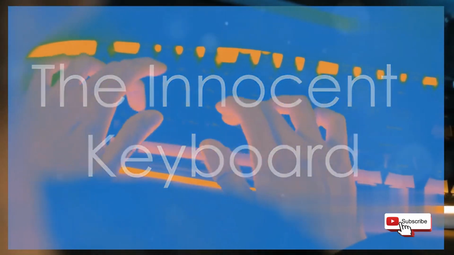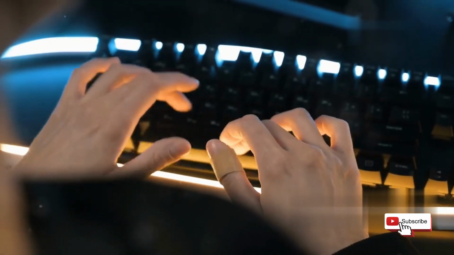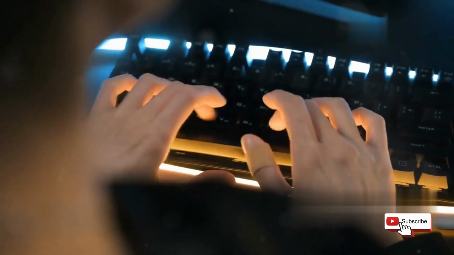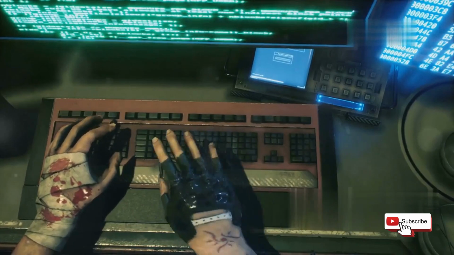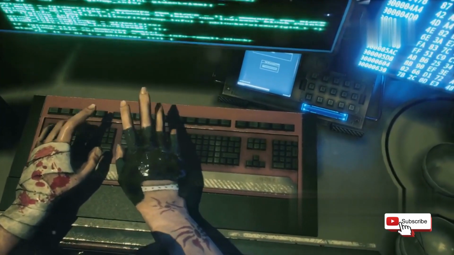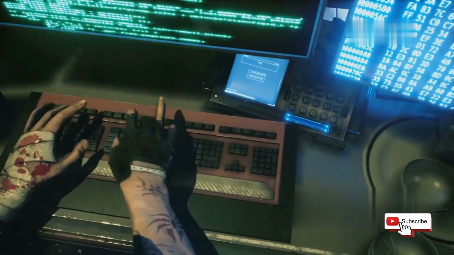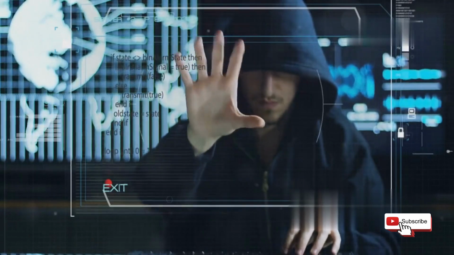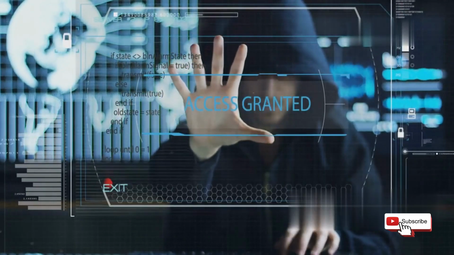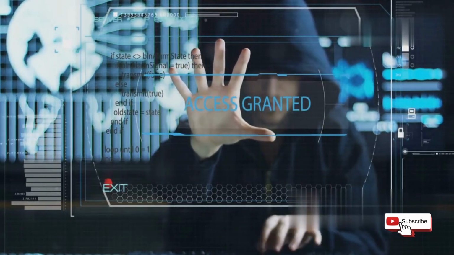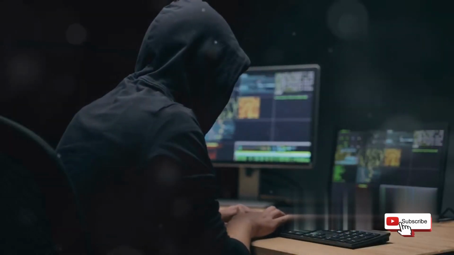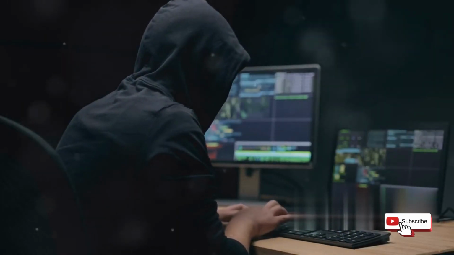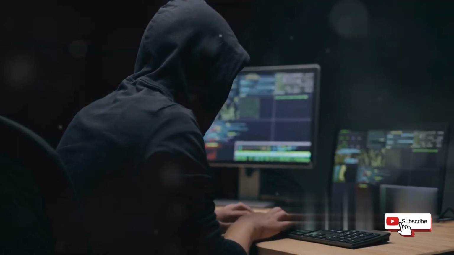The keyboard, a seemingly innocuous tool for communication and creation, a gateway to the digital world. We type our thoughts, our passwords, our most sensitive information, often without a second thought, trusting this tool implicitly. However, what if this very tool, designed to facilitate our digital lives, could be turned against us, becoming a silent threat? In the wrong hands, keyboards can become weapons, exploited by hackers to steal information, compromise accounts, and wreak havoc